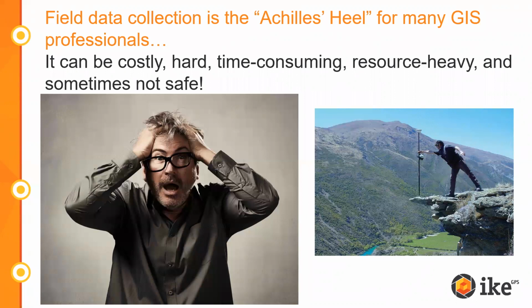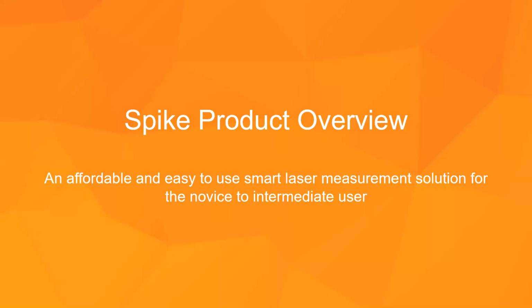And so what I like to think of is that I like to think of Spike as a way to be able to add spatial information that just doesn't exist because it's been too hard or it's been too expensive. Kind of coloring, bringing color into a GIS, if you will.